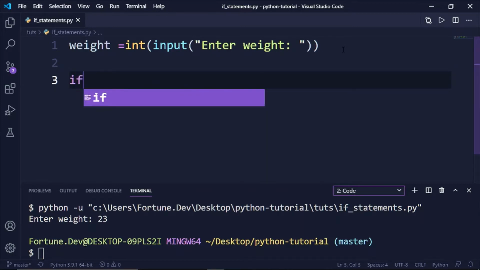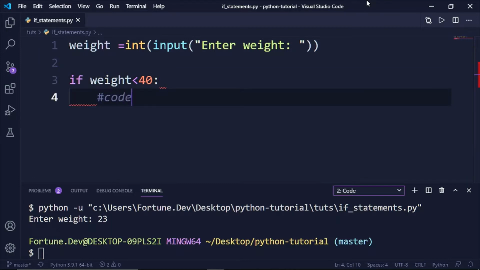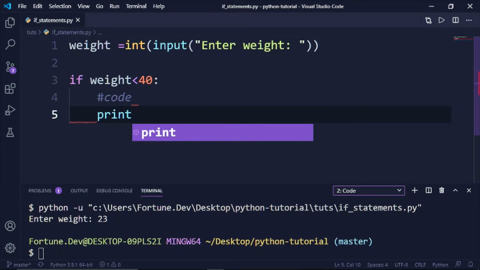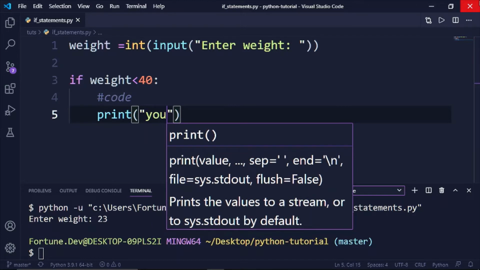So an if statement can allow us to control this by maybe saying if weight is less than 40, for example. Then you add a colon to show that's the end of your first condition. Then what's supposed to run here is some code. You have to keep this indented because in Python that's the syntax. If it's indented, Python will recognize this as what you would like to be run if the condition is true. So if that's true, we want to print out